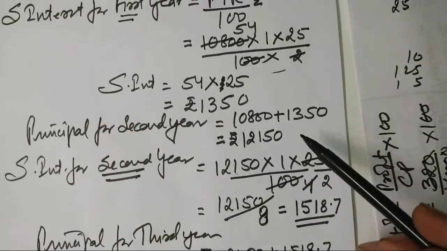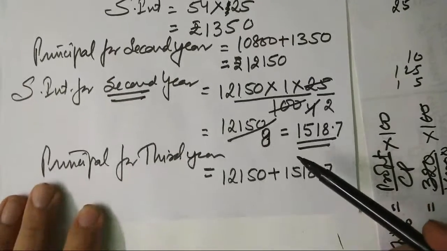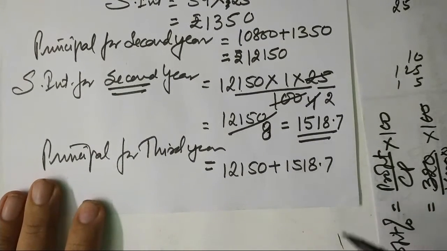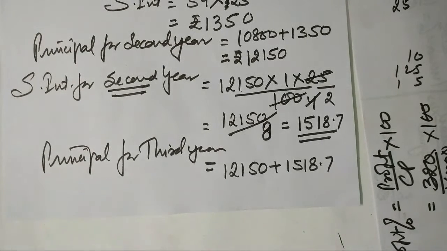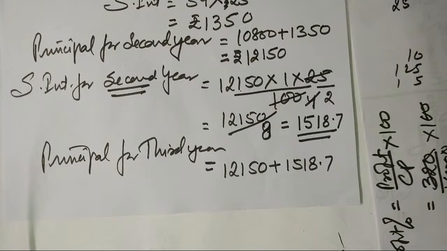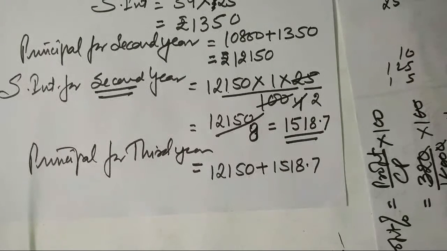Like we added, same way principal for third year, interest will be added. And then after we have added, what do you get? The principal for third year. Then what will you do? Then you will calculate what is the interest for the third year. So this will give you